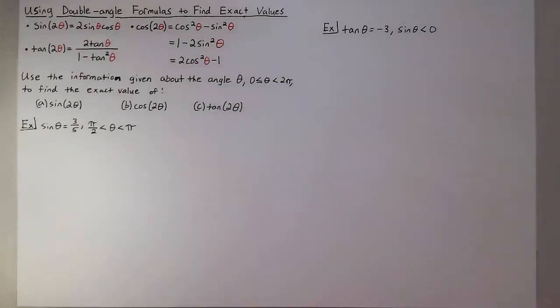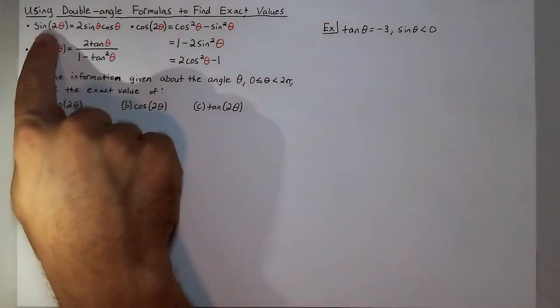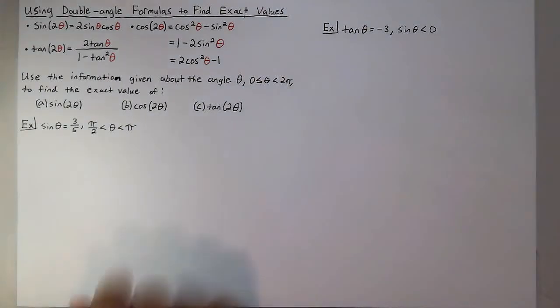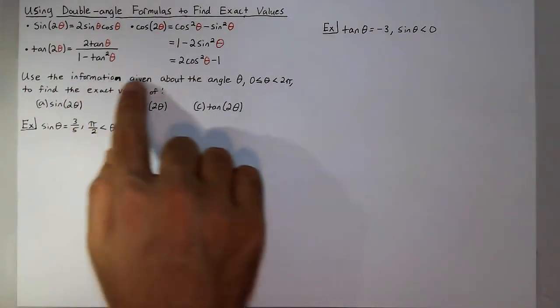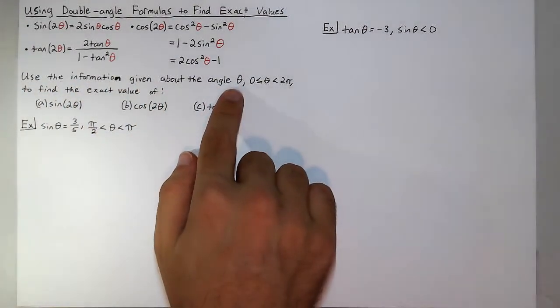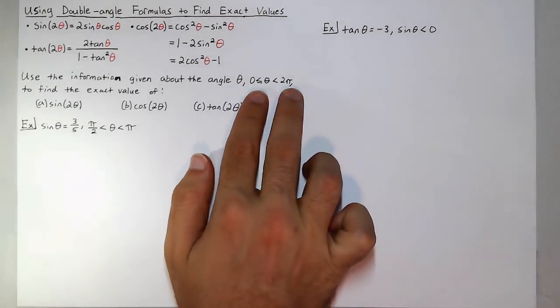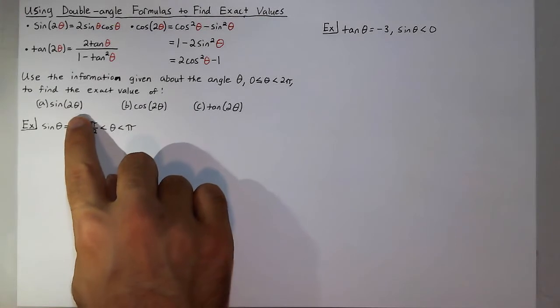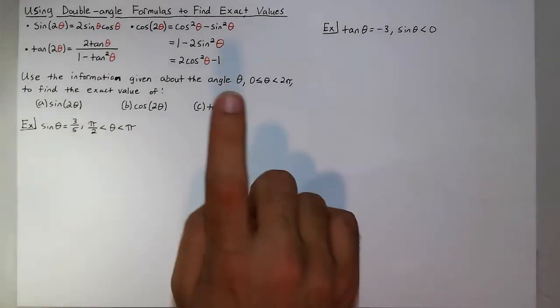In this video, we are going to learn how to use the double angle formulas to find exact values. Now, at the top, I have written down all the double angle formulas for easy reference. And for our examples, we're going to use the information given about the angle theta on the interval of 0 to 2 pi to find the exact value of sine of 2 theta, cosine of 2 theta, and tangent of